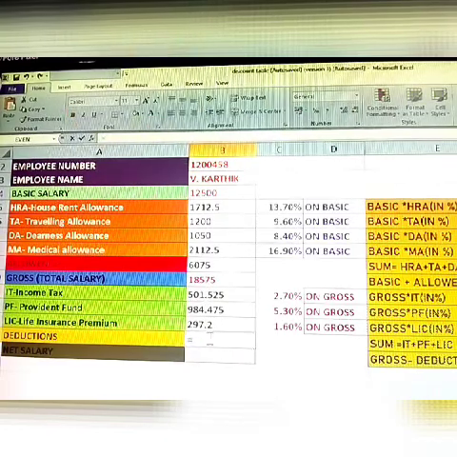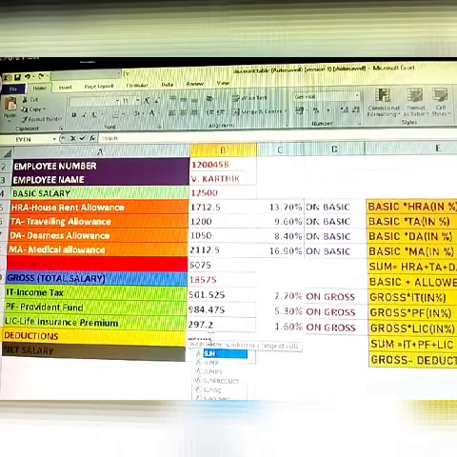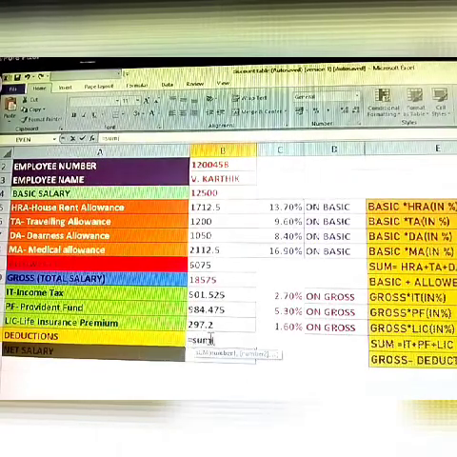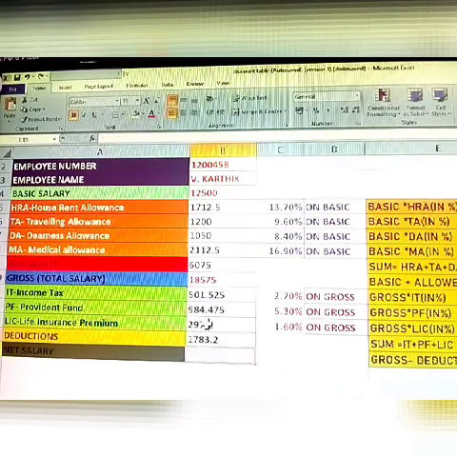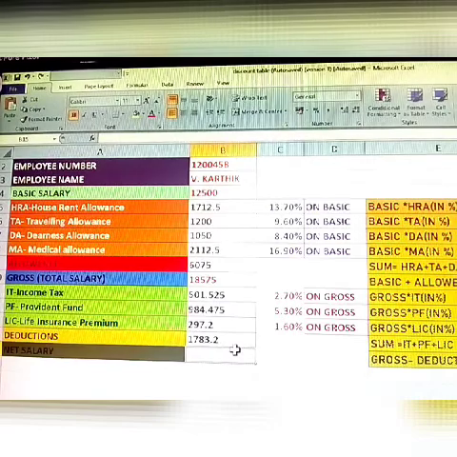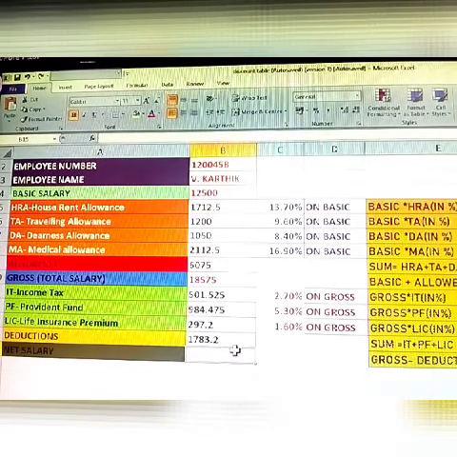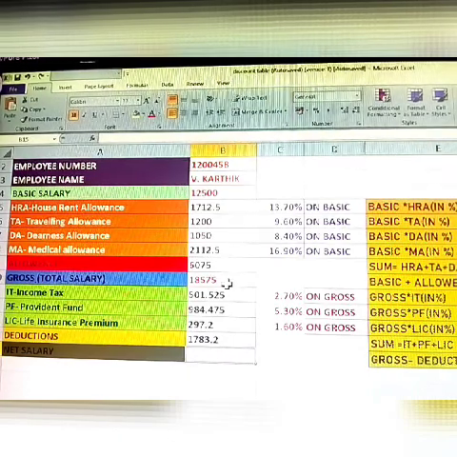Is equal to sum, open bracket, shift 9, select all, close bracket, enter. This is called a deduction. If the deduction is reducing the gross salary, where is the deduction on this? Here.